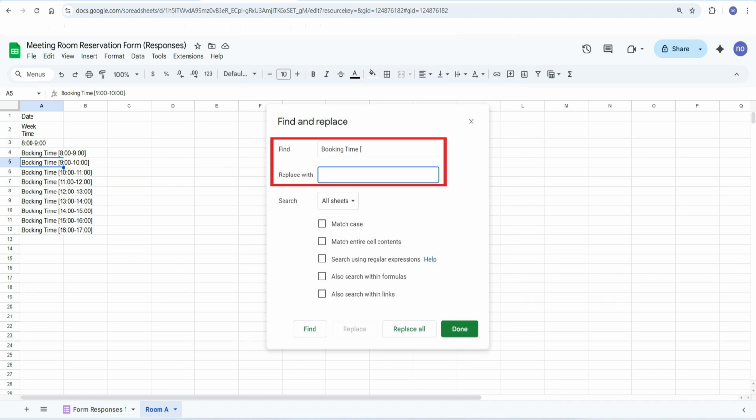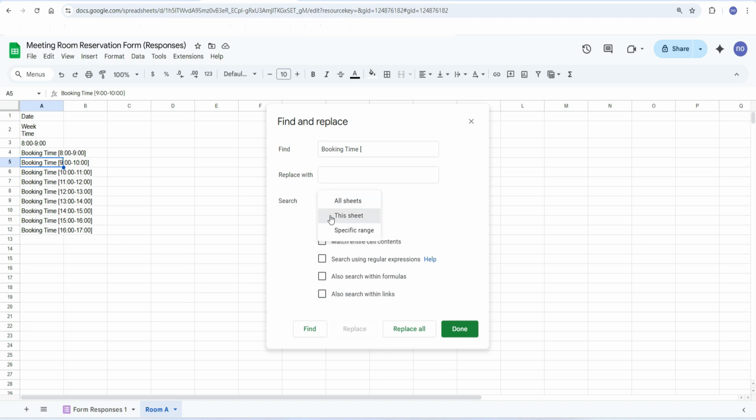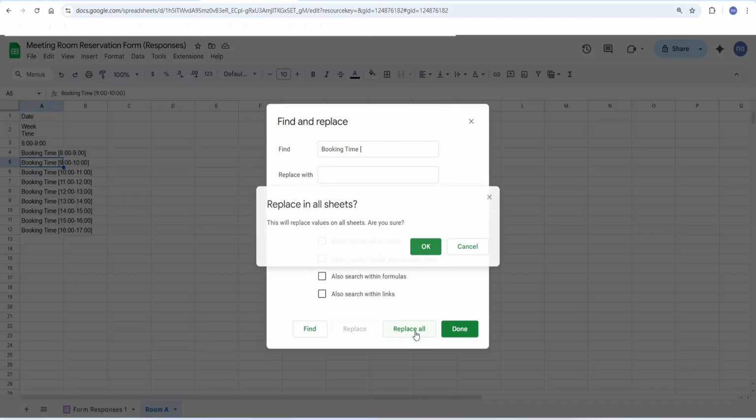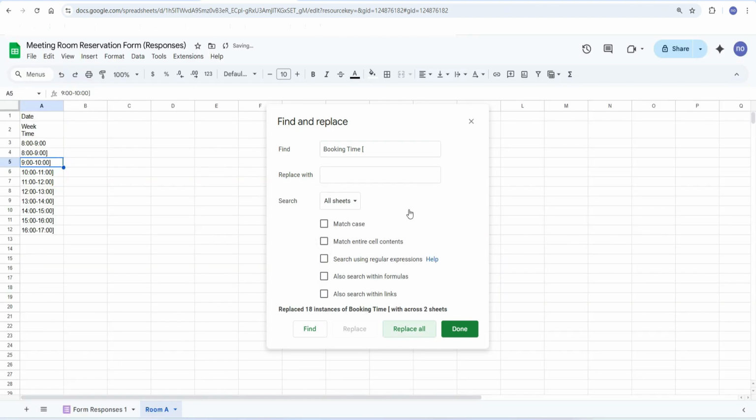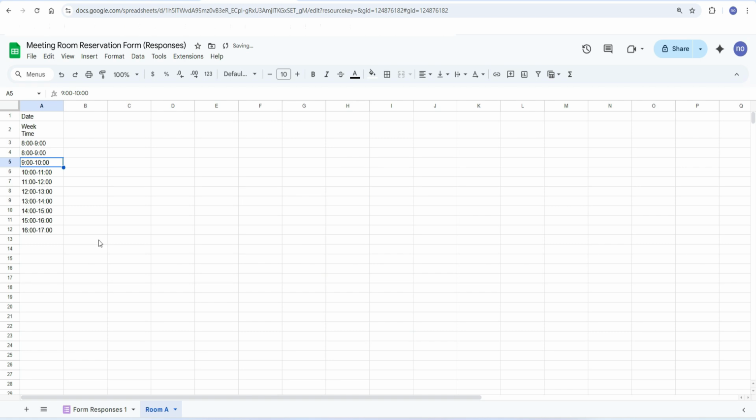Then set it up like this. And just modify the contents of this sheet or all sheets. Right brackets are also replaced. You can quickly make a schedule here.